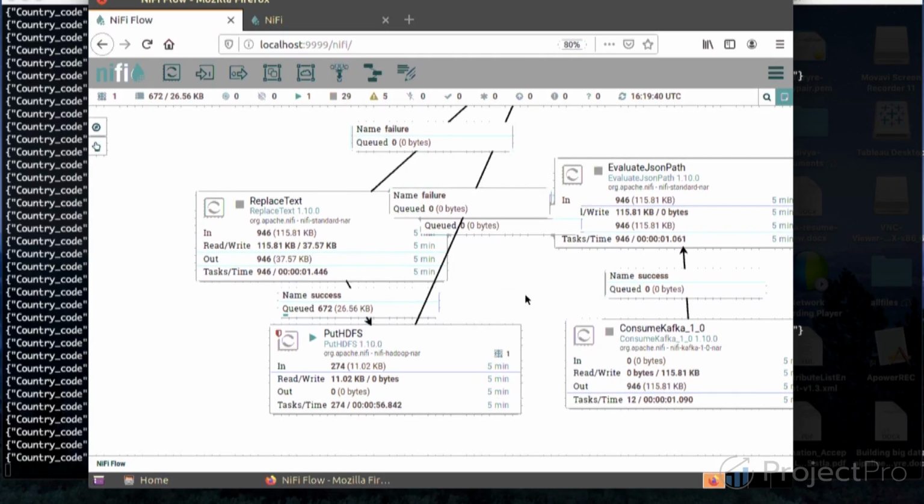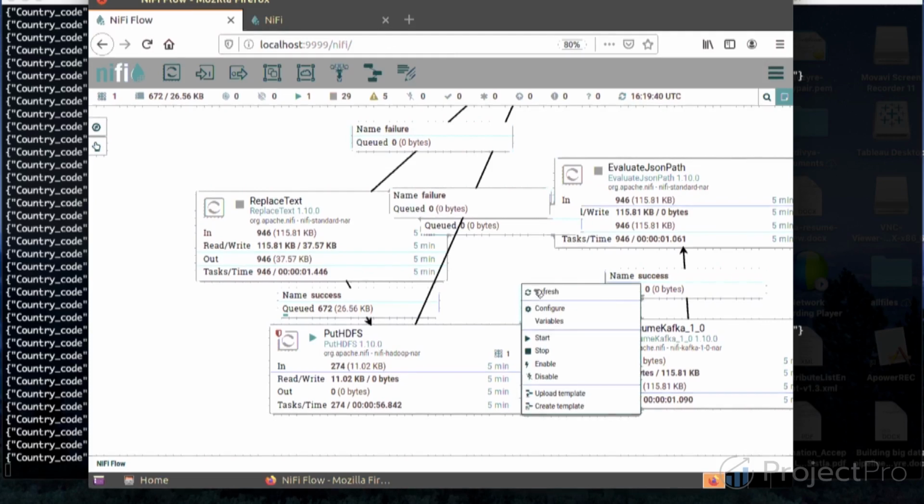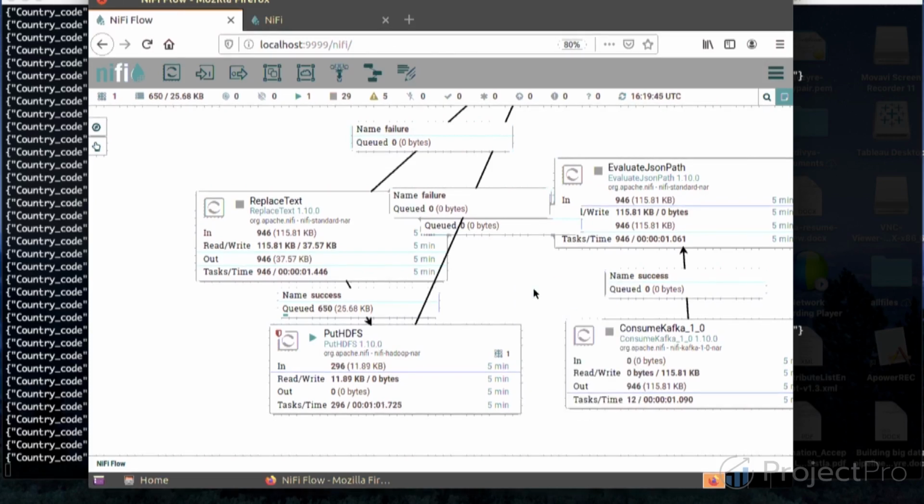So this is a data pipeline which is orchestrated to run every 5 minutes. Every 5 minutes all of this flow runs and the data gets appended to the already existing data, and the finally processed data gets put onto HDFS. In our next video we are going to see what we can do on top of this.